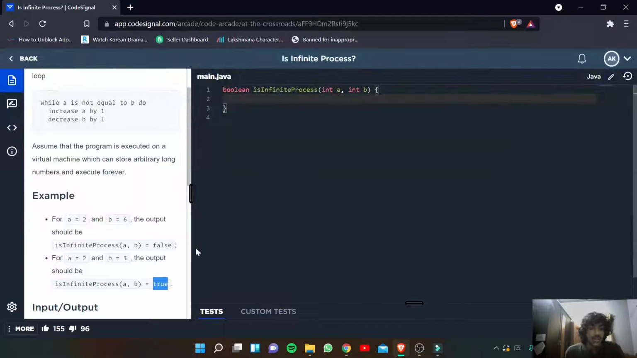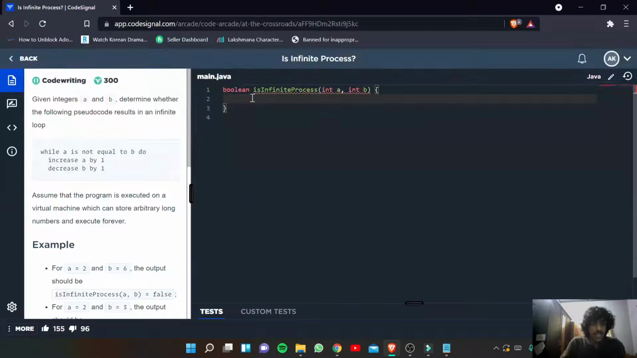So we have to check whether it's an infinite loop or not. Okay, first I'm going to check if the b value is greater than or equal to a. If that's the case, then it will not be an infinite loop. If b is greater than or equal to a, then I'm going to give one more condition. For simple understanding, I'm going to do this: if b is greater than or equal to a, then it should return false. Okay,